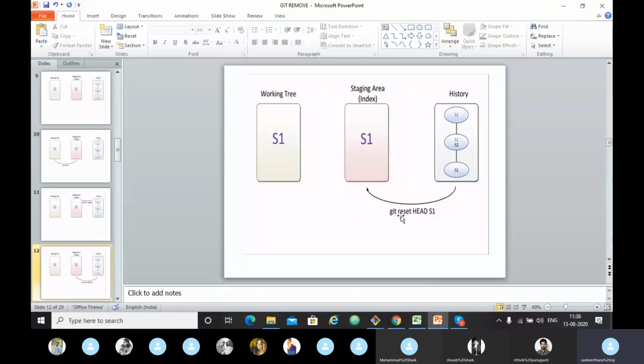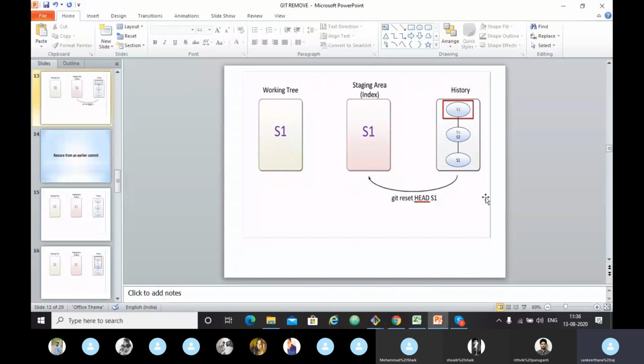I have edited the s1 file. Always remember, we will talk about HEAD in the next concept, branching and merging. But to understand this here, you just have to keep in mind that HEAD refers to the most recent commit we have made.